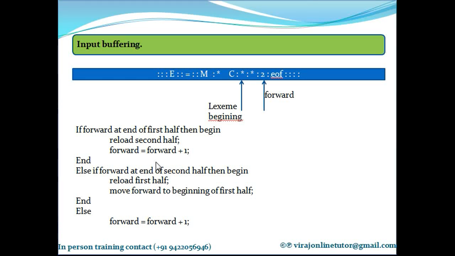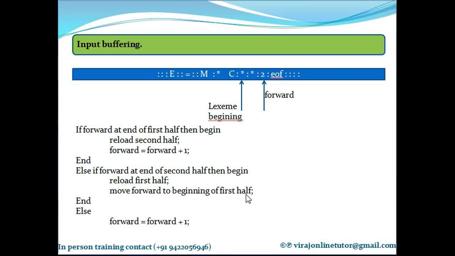That means the forward pointer will now point to the first character of the second half of the buffer. Similarly, if the forward pointer is pointing to the end of the second half of the buffer, then we load the first half with new input characters, and we move the forward pointer to the beginning of the first half.